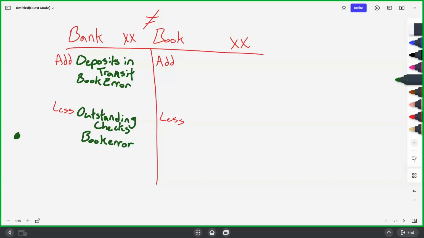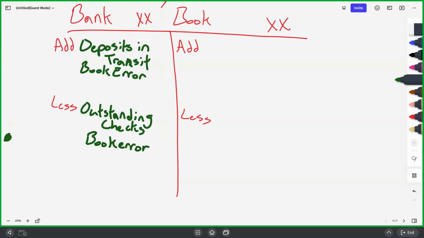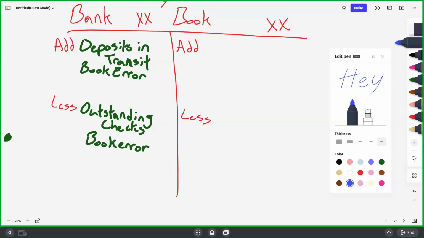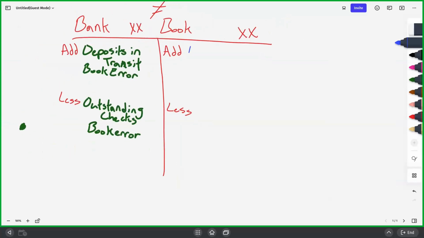We're going to move on towards the book, as long as my jacket doesn't make everything disappear. All right, we'll give blue for the book. Perfect. All right, what are some book errors? Bank collection. Bank collection, perfect. Is that adding or subtracting? Adding. Awesome. All right, what else? NSF, you're close. Non-sufficient funds. Now, do we add those in or do we subtract those out? Subtract. Less.